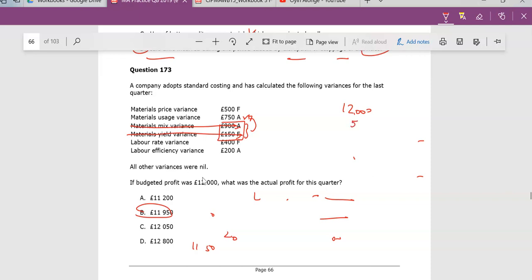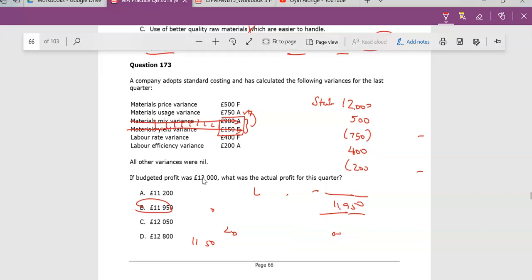So a £500 favorable variance increases my profit, and a 750 weakens it. So that's my standard. I've found prices better by 500, so that's good. Then a labor rate variance of 400 improves my profit, and a £200 weakens it, and I will arrive at what actually happens. So when I do this now, 12,000 plus 500 minus 750 plus 400 minus 200, I will get again